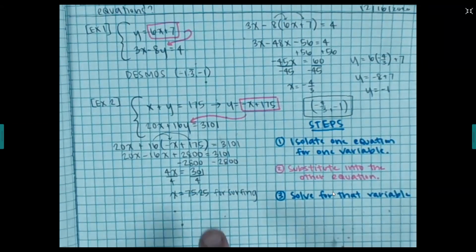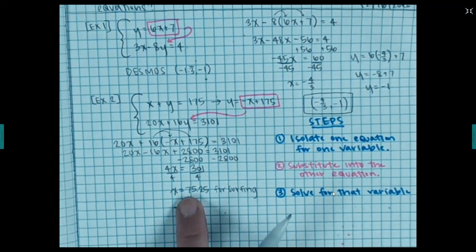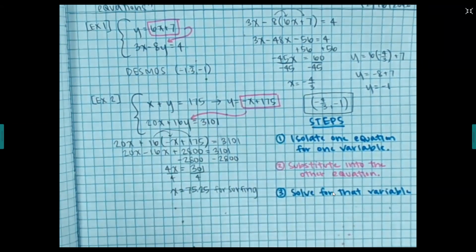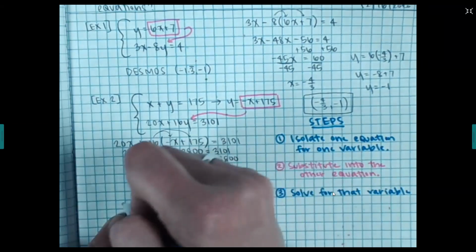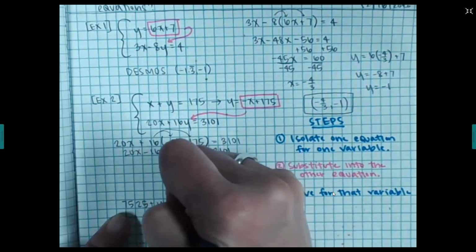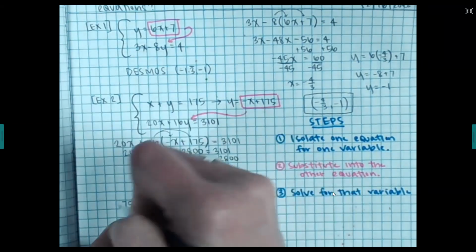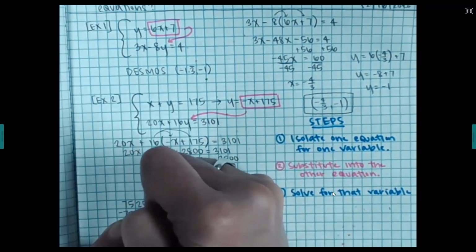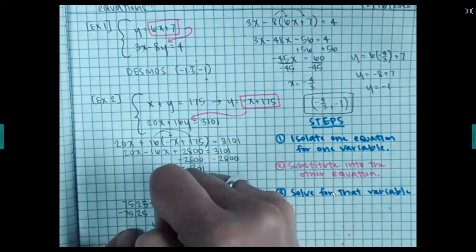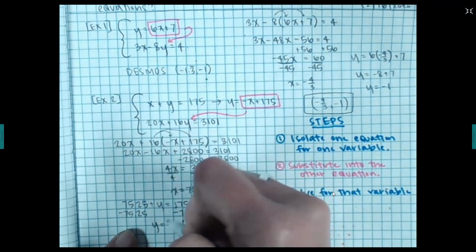Then we're going to take what we get for x, because remember our solution has to be an xy pair. We're going to plug it in to solve for y. So I'm going to plug it in for the first equation: 75.25 plus y equals 175. So I subtract that 75.25 from both sides, and I get y equals